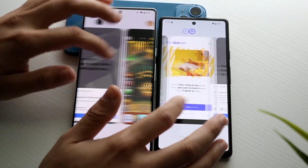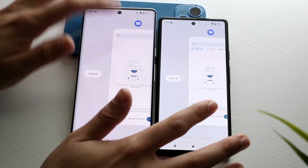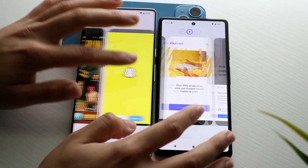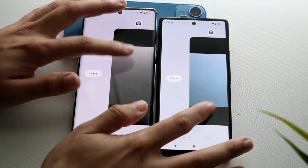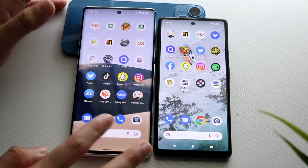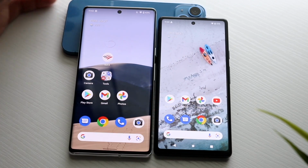That's basically what should be happening, but the Pixel 6a has been kind of closing out of these applications where it really shouldn't be. As you can see, even with my last comparison between this and the iPhone 11, for some reason it was just closing out of applications it shouldn't be at all, and it's basically doing the same thing. So I think when it comes down to both, speed is actually kind of fast on the Pixel 6a,